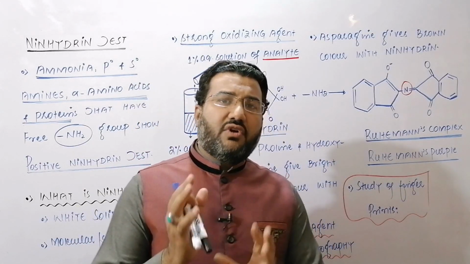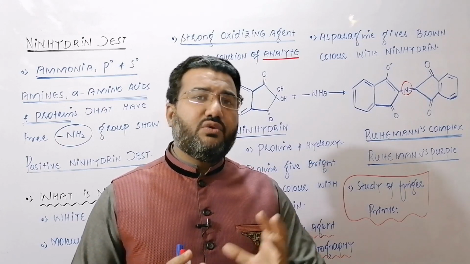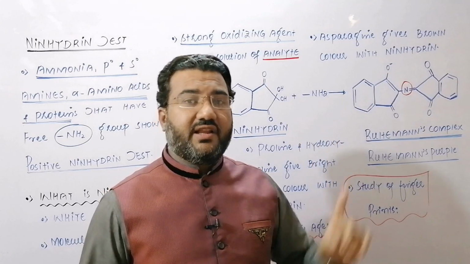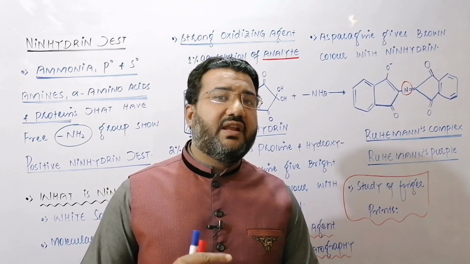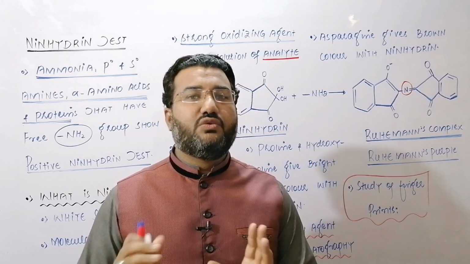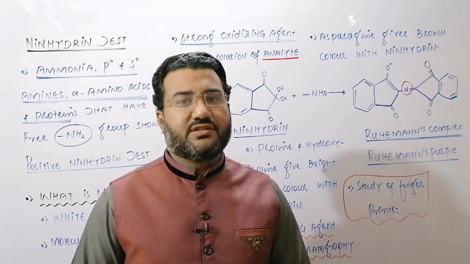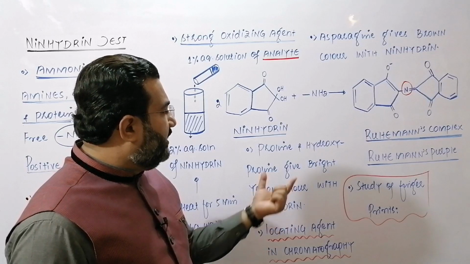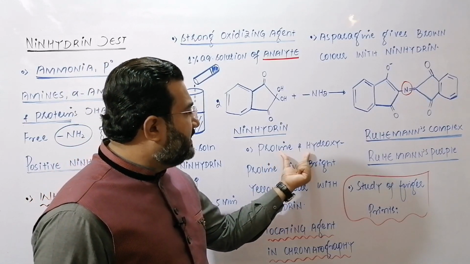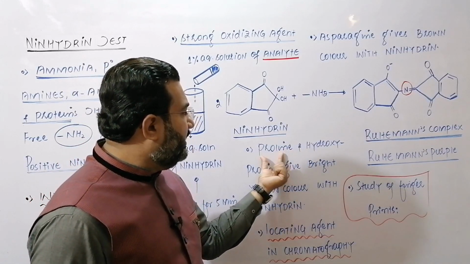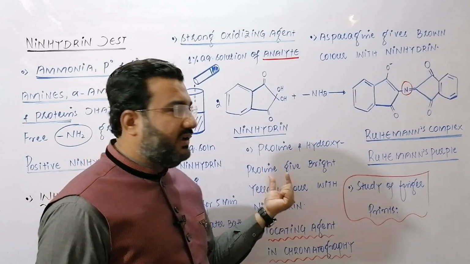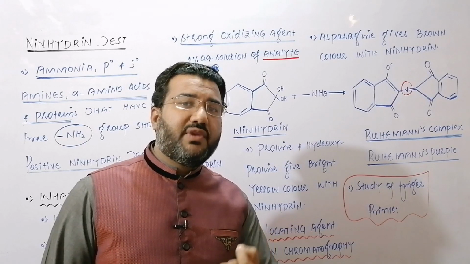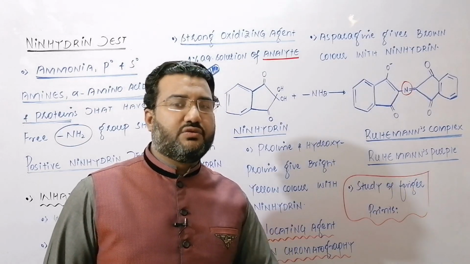So the overall ninhydrin test is a two-step reaction, but I have mentioned only the net reaction here. And keep in mind that only the free NH2 group of the analyte is used to make the Ruhemann's complex. Now, dear students, a very important point: out of all 20 standard amino acids, proline and hydroxyproline are the two amino acids that do not have any primary amino group or NH2 group.